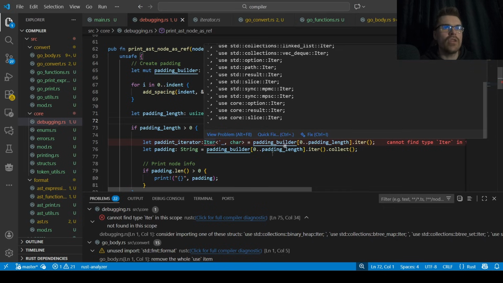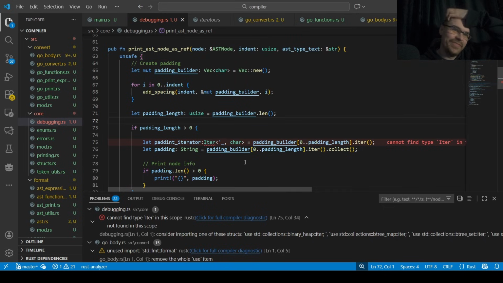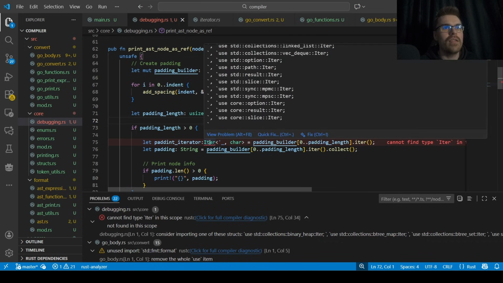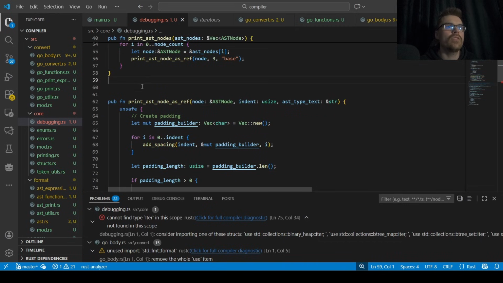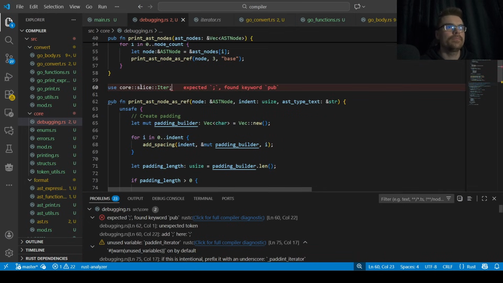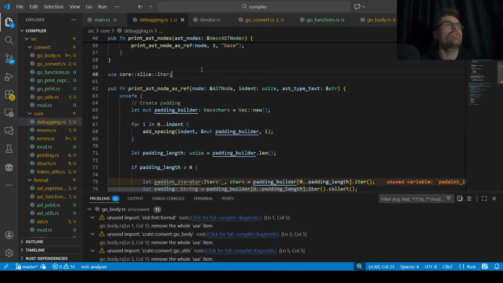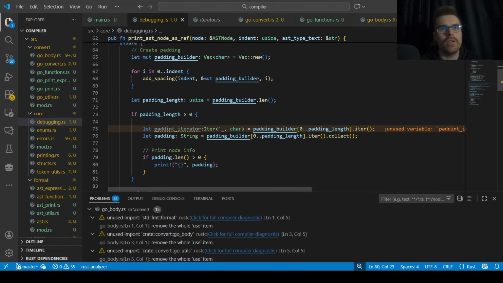Technical difficulties. Trying to not infer the type. I don't know what type this is. Maybe it's a slice. I think it's a slice. Let's try this one. Hooray! It worked! Okay. We found it. It's a slice. Unused. And then we need to go padding.collect equals